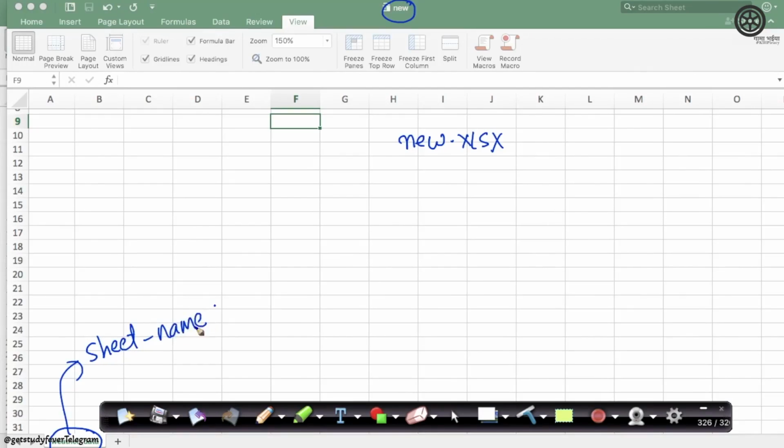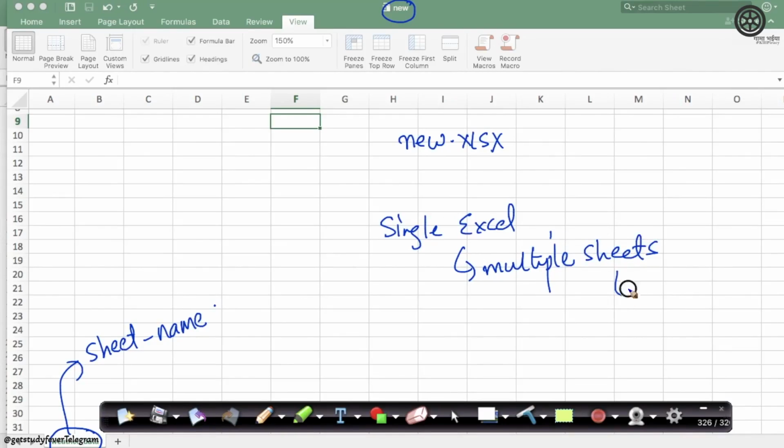If you look at our code, we said the sheet name is weather_data. A single Excel file contains multiple sheets, and a sheet is nothing but a table. A single table is a sheet. So I can create more sheets here. That's a terminology that is used in Excel.